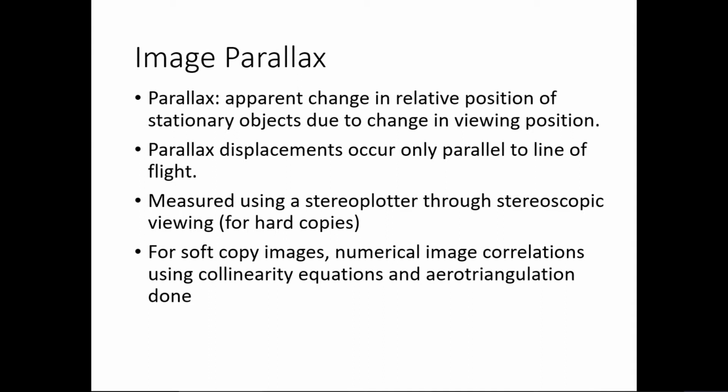You take an aerial photograph from two different positions or locations, and you obtain the same point displaced in two different photos, right? That displacement is called parallax displacement. This can actually be measured using a stereo plotter through a stereoscopic viewer. A stereoscopic viewer is something that looks like the VR headsets you have seen, the virtual reality headsets, Oculus and all. You might have seen that already, right? It looks something like that.